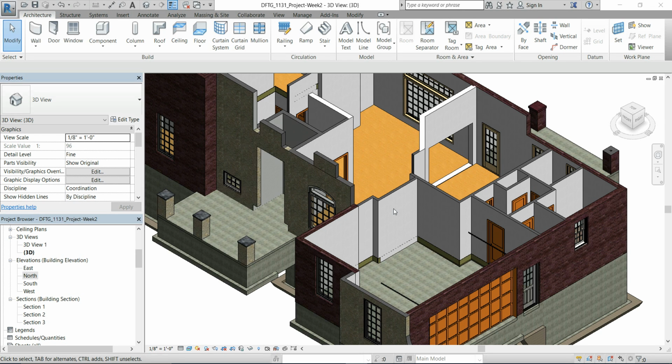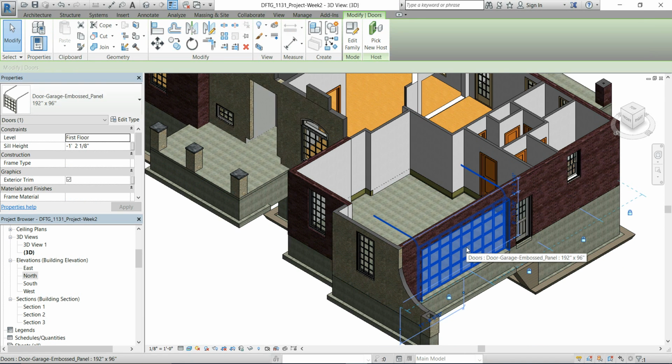All right, let's look at doors and windows. Get started in that. This doors and windows turned out to be a little more difficult than I thought it was going to be. We'll start with some simple stuff. The garage door here